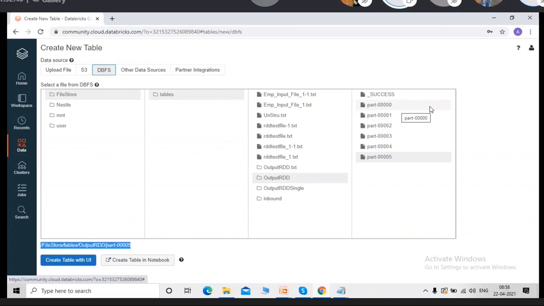But I don't need multiple files in my target location. But how will you convert them into a single file? Your answer would be the coalesce function, right? You apply coalesce and convert it into a single file, but you haven't observed the performance issues, right? You executed coalesce on a huge amount of data,